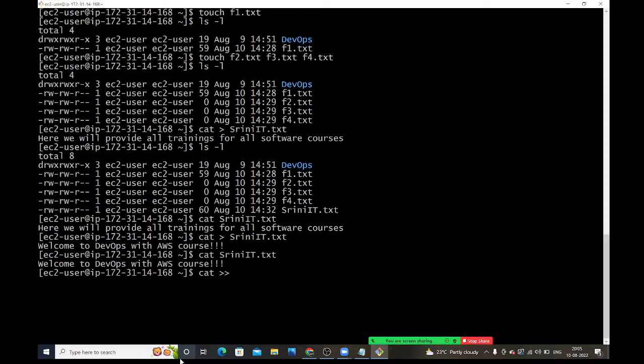Greater than, double greater than symbols we need to use. Space. Srini it.txt. Srini it.txt. Here, what I am going to do, here I am going to give these details, guys. See here, what I will give,